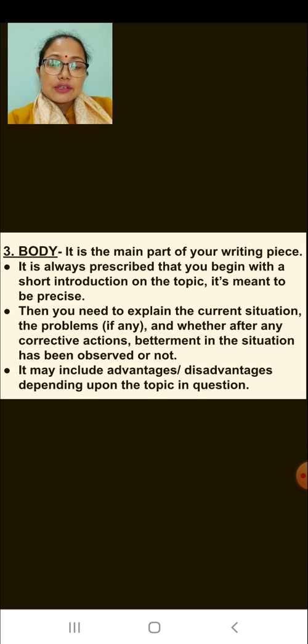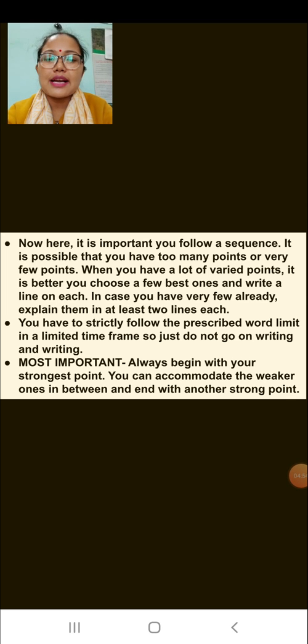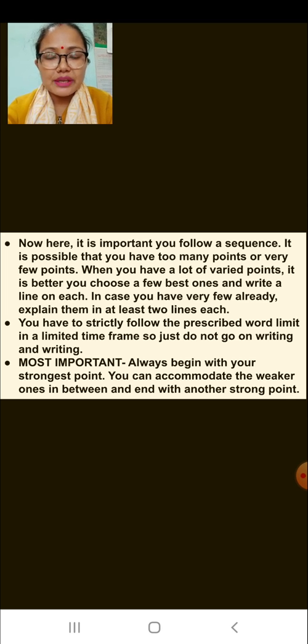Third point that is included in the body or the content of the speech is, it may include advantages or you can say disadvantages depending upon the topic in question. The third point that you should consider while writing the content or the body of the speech is